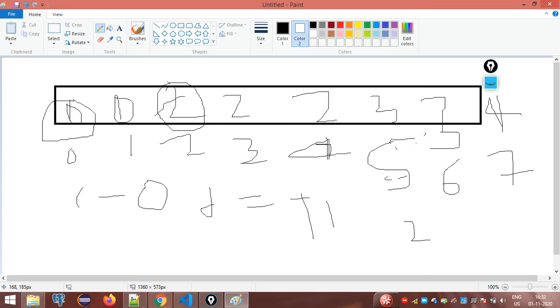The first unique element is at the 0th position, so now you need to put this at index 1. That means we need to put the jth value at the i plus 1 position. So here we will put 2, and now we will increment i also: i equals i plus 1.